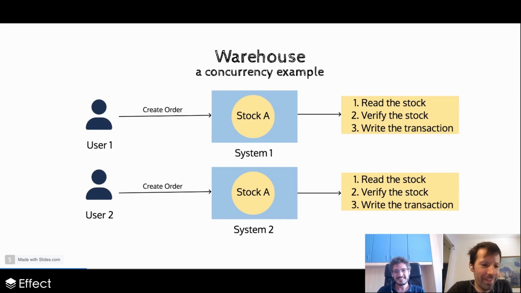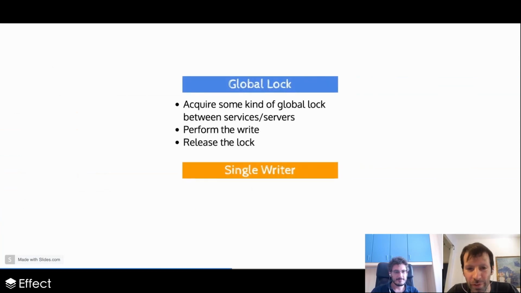So basically, there isn't any real world situation where you have only one system, where you can have so many guarantees about only one system. So the reality is that we have to deal with multiple systems, and usually that ends up, as I said before, with two different strategies to ensure the system data is not in a corrupted state due to the concurrency problem. Those solutions usually involve having a global lock, which means that somehow you are able to